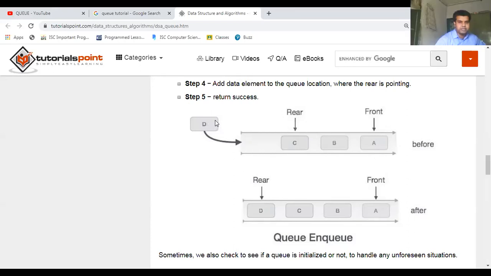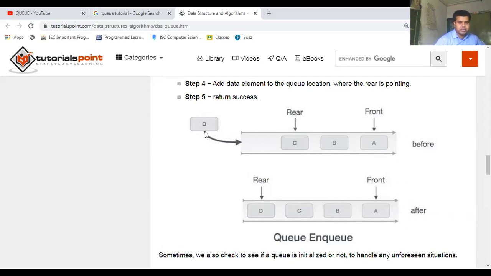D is entered not from the front end but from the rear end, since A was inserted inside the queue at the very first step, so A will always be given the priority of being the front value of the queue while insertion keeps on happening. Only when A needs to be taken out or deleted from the queue will the value A lose its front position.